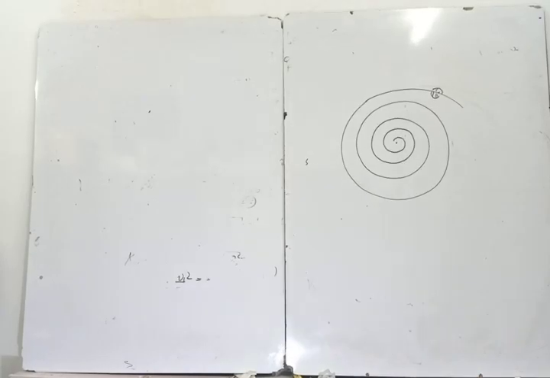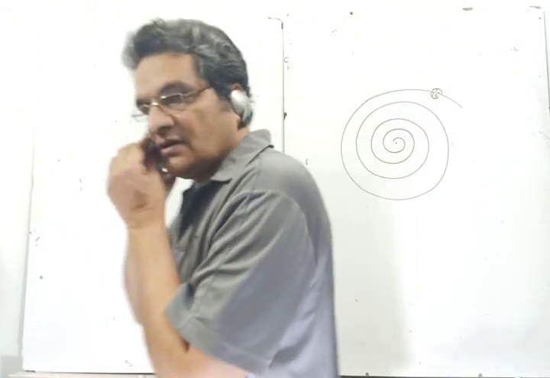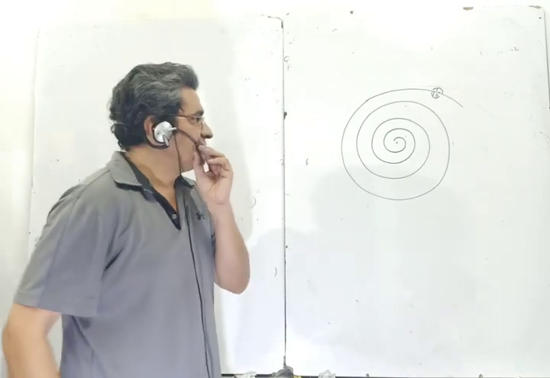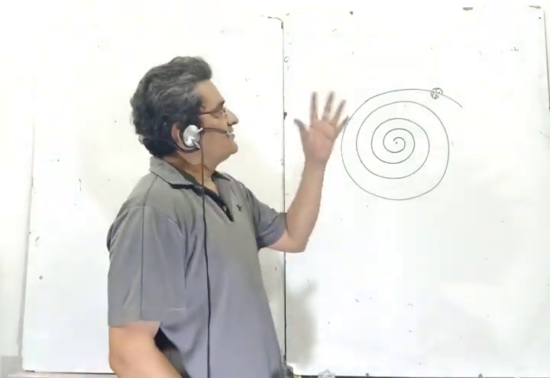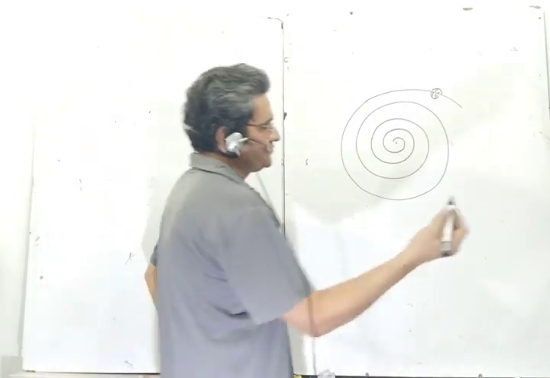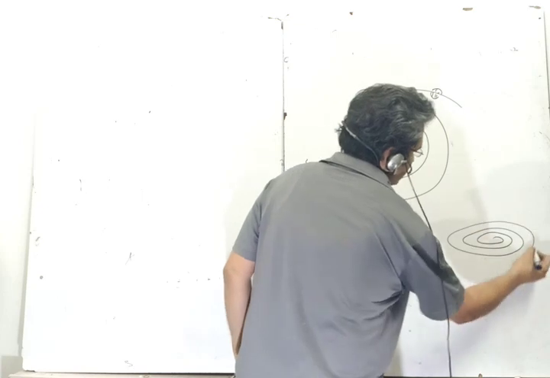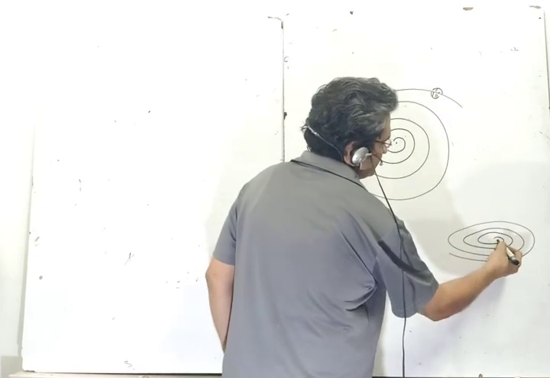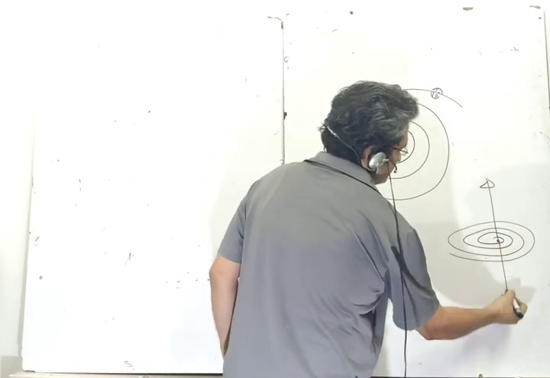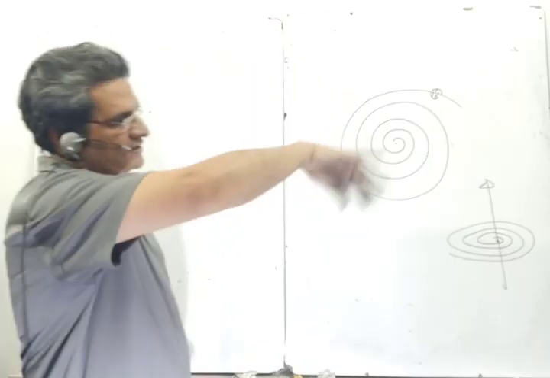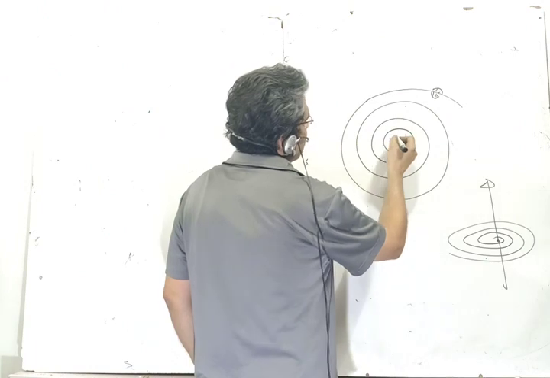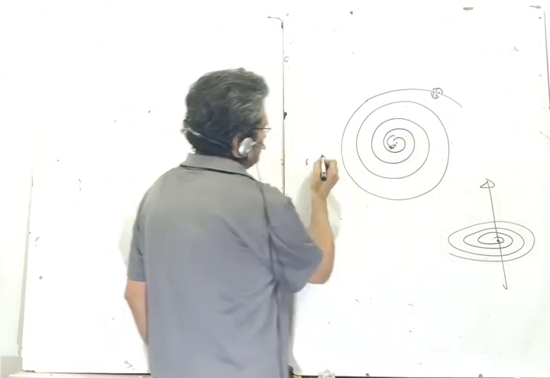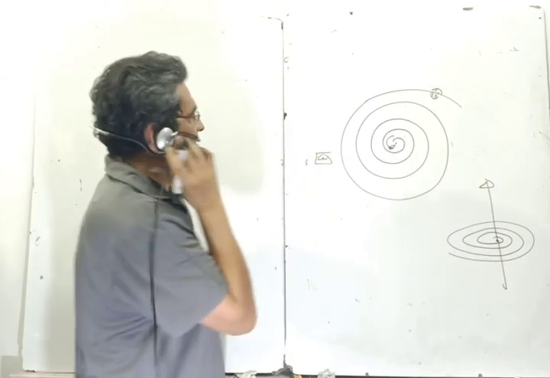I will do an interesting problem and discuss the concepts. Problem you can do yourself; I'll also try to do it. If there is a spiral in a horizontal plane, and through the center there is a shaft which is being rotated like this, say, with constant angular velocity omega.